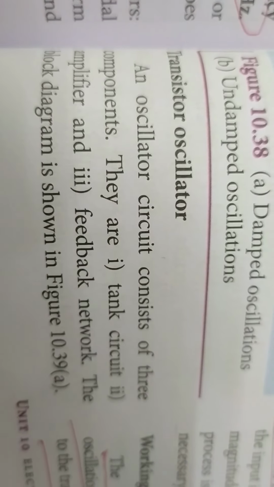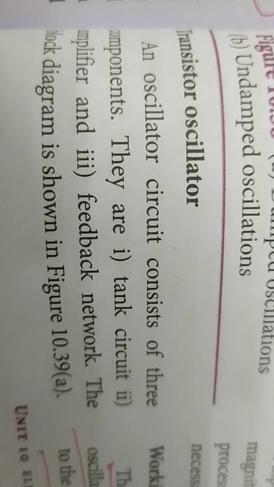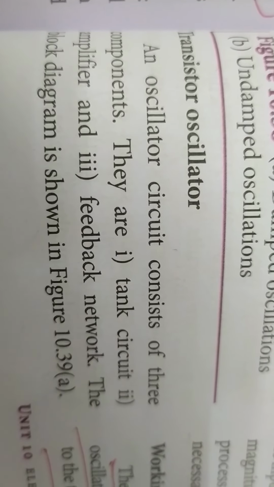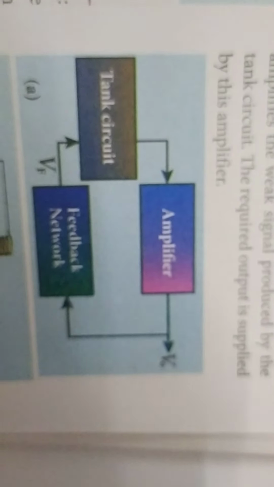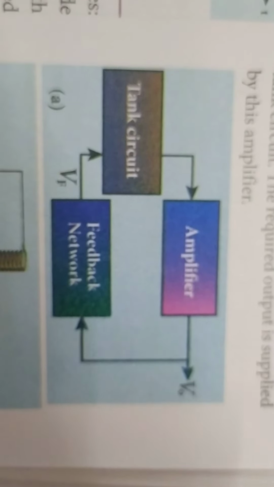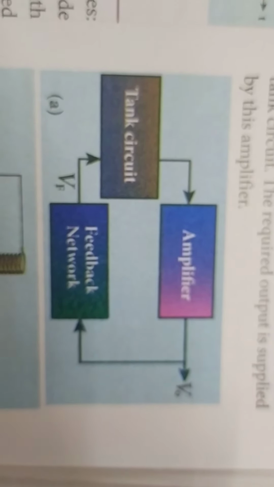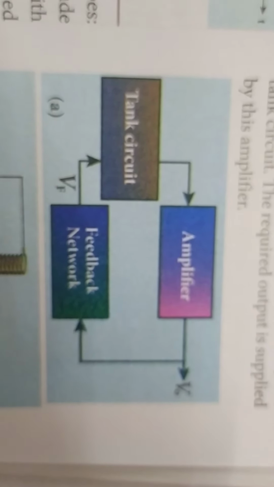And so here we shall see the working of a transistor as an oscillator. There are three main components in this: tank circuit, amplifier and feedback network. And this transistor oscillator is a very important component in our TV, radio, etc. So actually this produces a waveform, either sinusoidal or non-sinusoidal. And this is the block diagram for an oscillator. You are having tank circuit, amplifier and the feedback network.